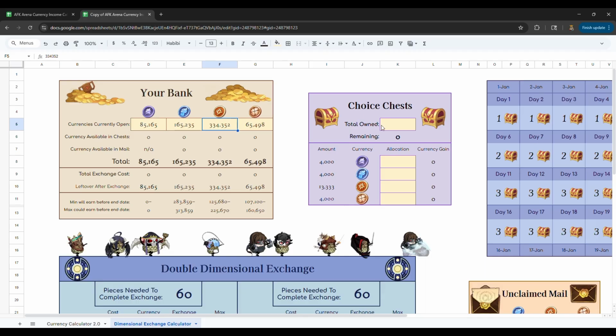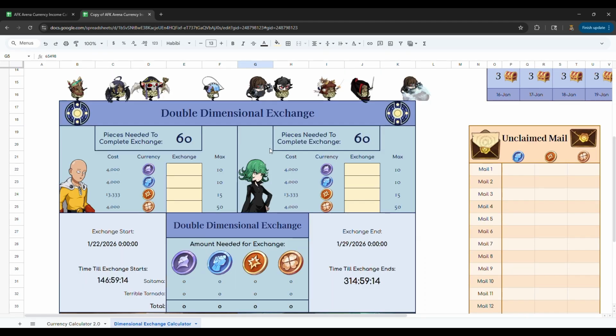But I'm just showing you how to screw this up so you can also do it like me. Once you've put in your incomes, you're going to come down here and figure out how you're going to do these exchanges, right? You've got some flexibility. You could do like 50 pieces of lab coins and 10 of hero coins and not spend any guild or